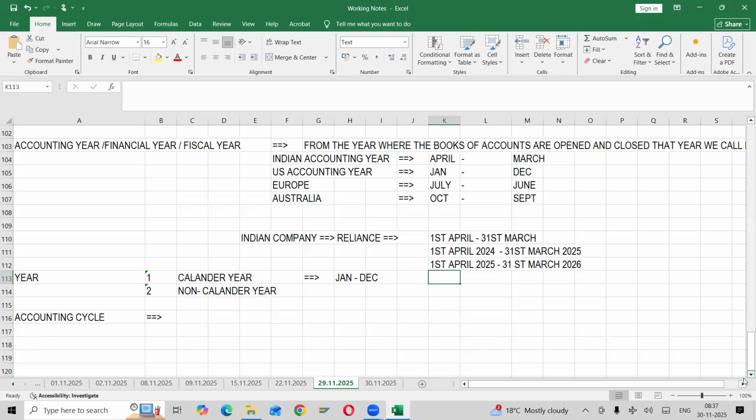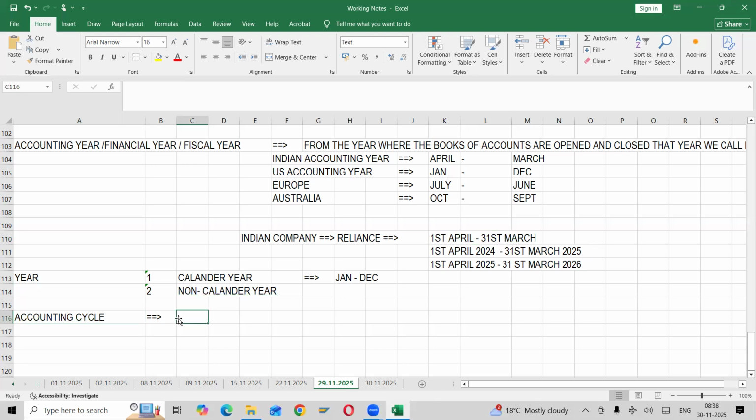Here, in between the opening of books and the closing of books in accounting, there are some processes. Every year they will start with the first step and follow the same sequence of steps, from opening on 1st April to year end on 31st March. They will process the same again in the next year, starting with the same first step and closing with the 6th or 7th step, whatever it is. So the process will be there continuously. That process we call the accounting cycle.